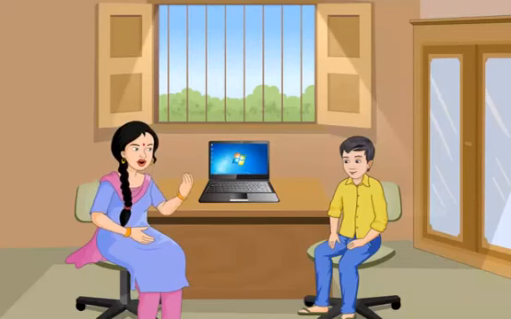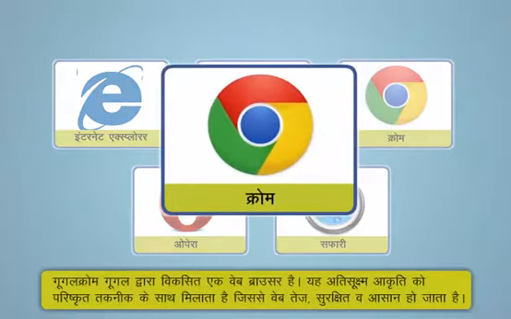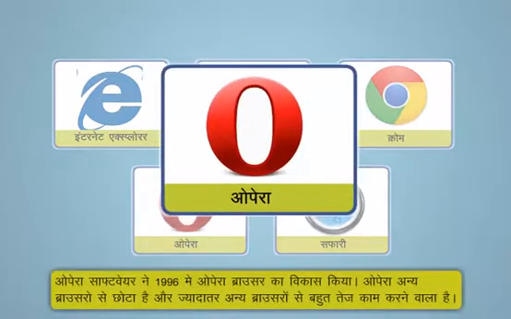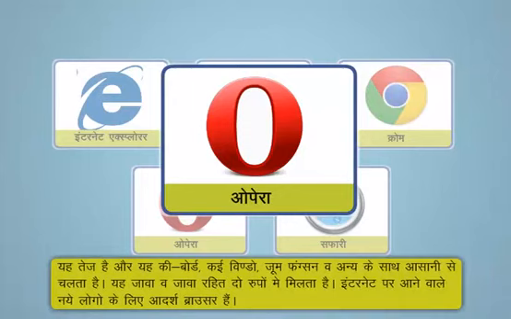हाँ, ये वही है जो मैं अपने कंप्यूटर में प्रयोग कर रही हूँ। गूगल क्रोम गूगल द्वारा विकसित एक वेब ब्राउजर है। यह अति सूक्ष्म आकृति को परिष्कृत तकनीक के साथ मिलाता है, जिससे वेब तेज, सुरक्षित व आसान हो जाता है। ओपेरा सॉफ्टवेयर ने 1996 में ओपेरा ब्राउजर का विकास किया। ओपेरा अन्य ब्राउजरों से छोटा है और ज्यादातर अन्य ब्राउजरों से बहुत तेज काम करने वाला है। यह तेज है और यह कीबोर्ड, कई विंडो जूम फंक्शंस व अन्य के साथ आसानी से चलता है। यह जावा व जावा रहित दो रूपों में मिलता है। इंटरनेट पर आने वाले नए लोगों के लिए आदर्श ब्राउजर है।